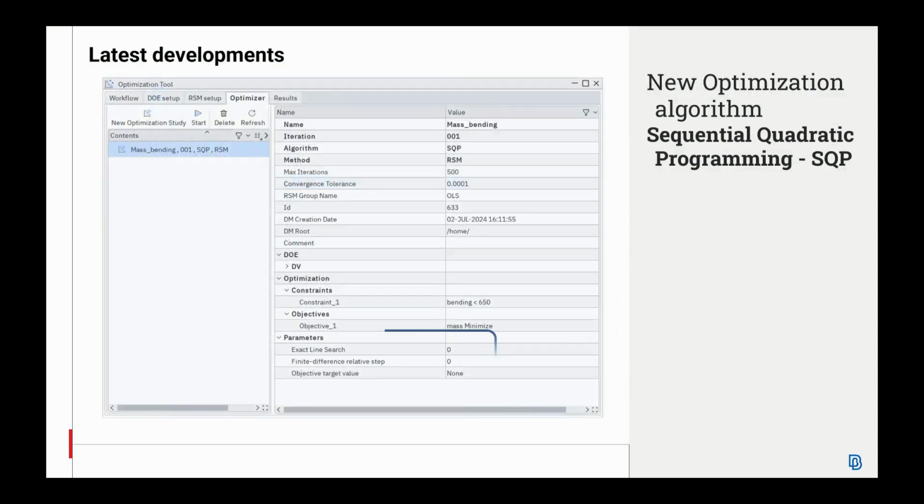SQP belongs to the local search group of optimization methods that use information about the gradient of the objective function and the constraints to decide how to move around the design space. Typically, such methods start from an initial guess, or initial design point, and move around the design space to reach a local minimum.